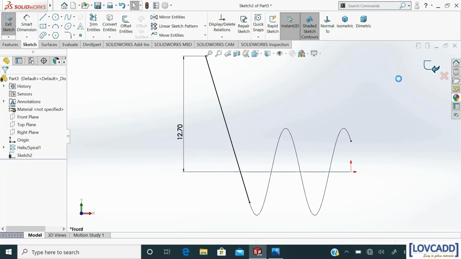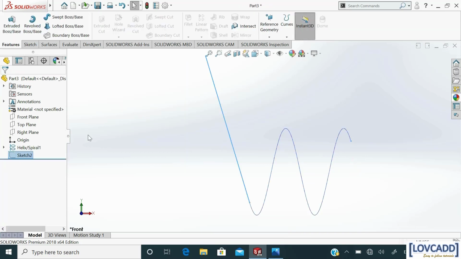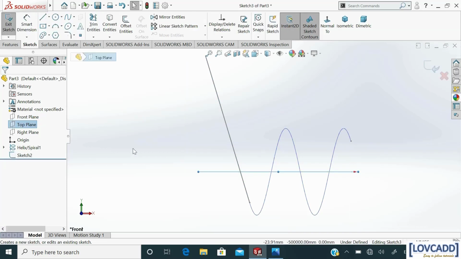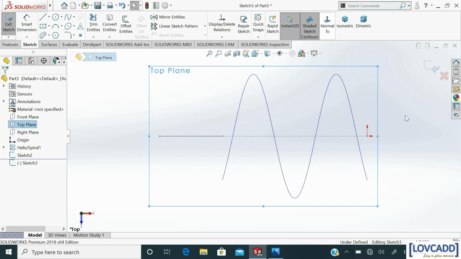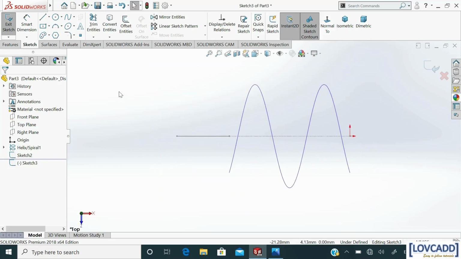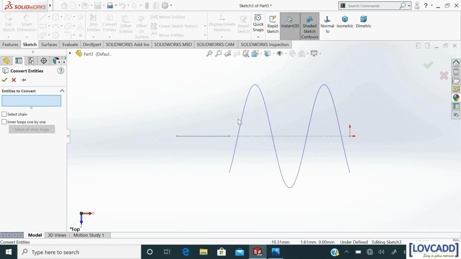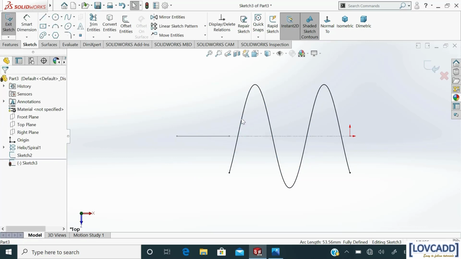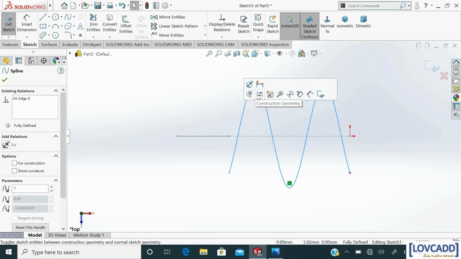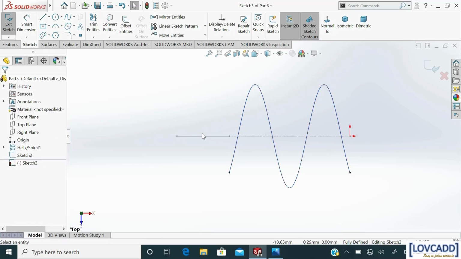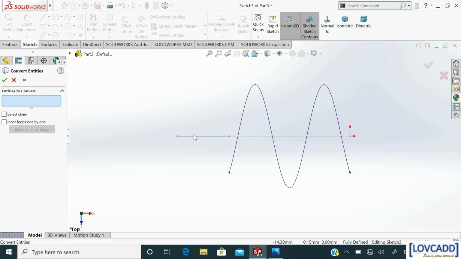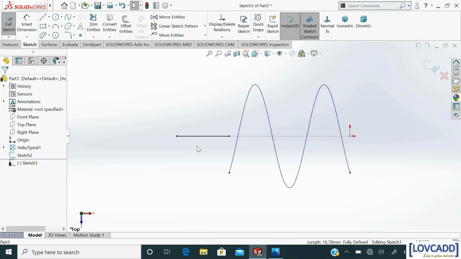Now exit the plane, select top plane, sketch, normal. Now select convert entities, select the curve and convert it. Now again select this and check for construction geometry. Now again select convert entities, select this line, convert it.